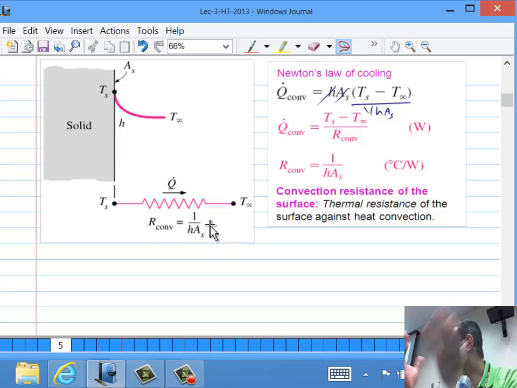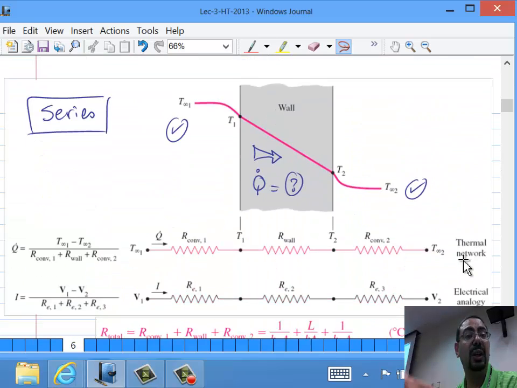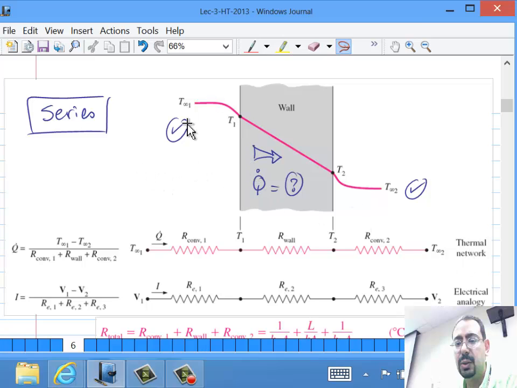Okay, so that's a typical situation where you have convection from outside, natural convection say outside, conduction here, and another convection on the inside. So now to get that Q through the whole thing, you do it like what we did last time, and you integrate, and remember the boundary condition on the convection was not really easy to solve, because you have,